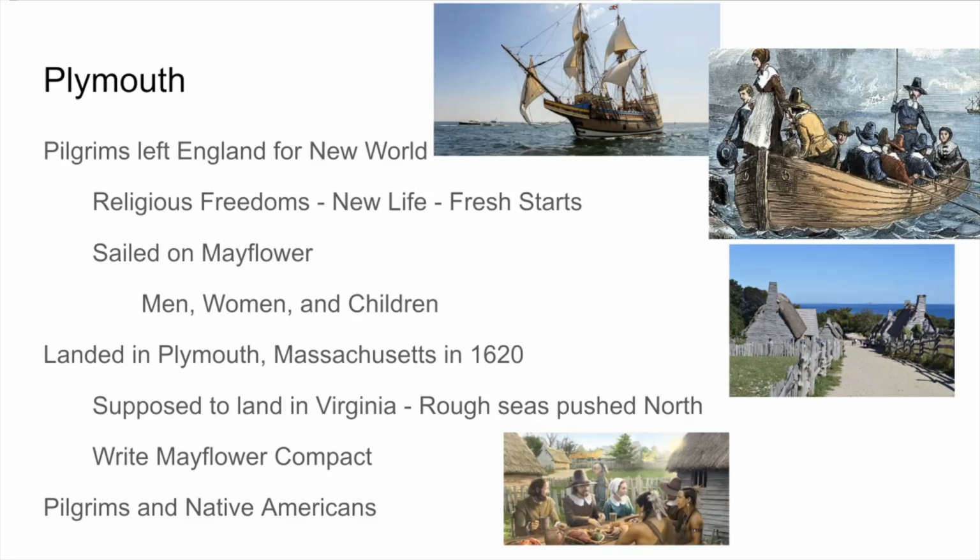And they left. Now, they left like three different times because of all the troubled seas and back and forth. It was not the smoothest start to their sails, but they finally landed in Plymouth, Massachusetts in 1620. Fun fact, they were supposed to land down in Virginia. But those rough seas that started their adventure finished off by pushing them a lot further north.